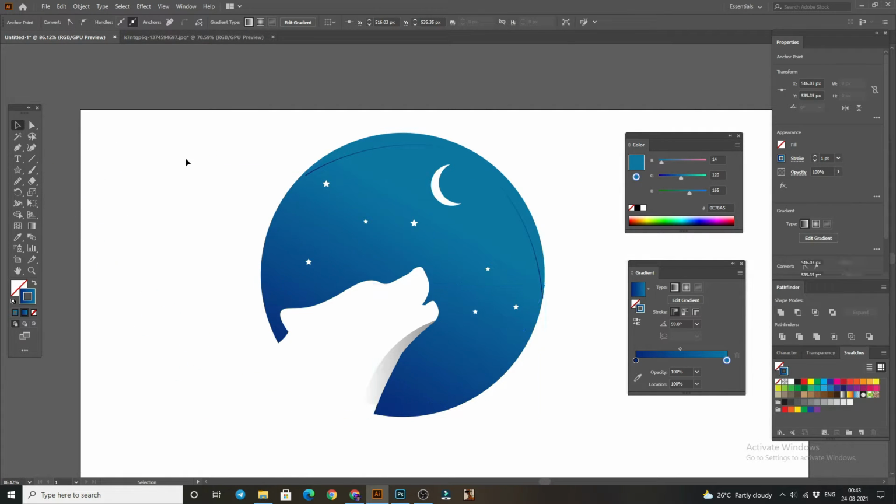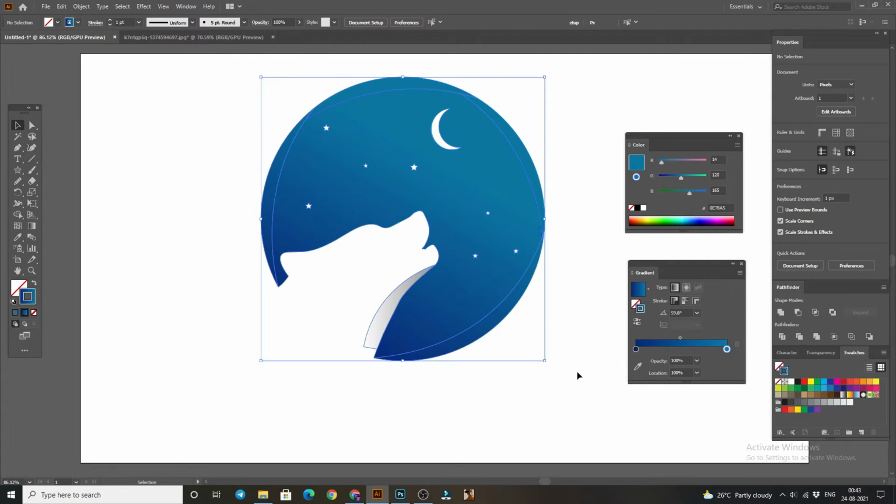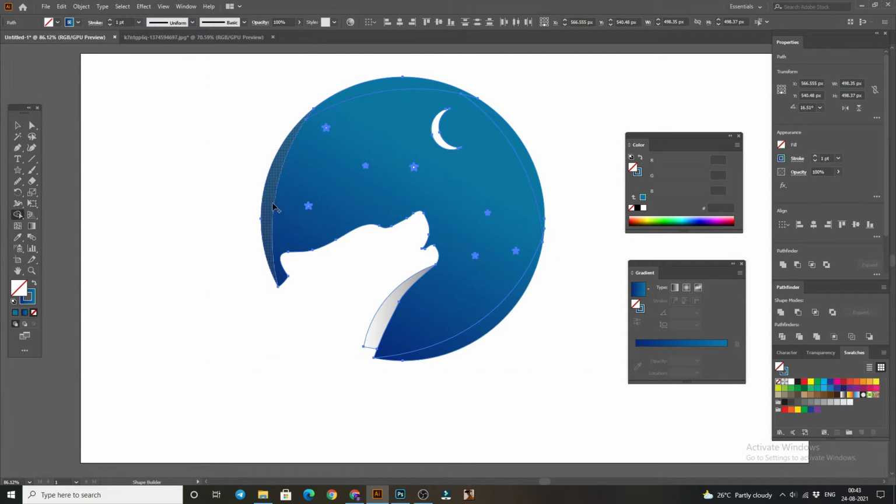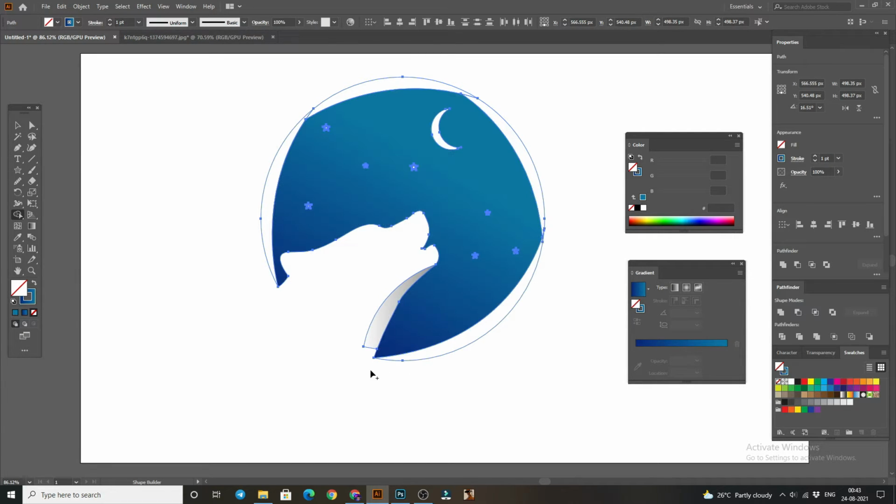So I think it is quite good. Now select the shape builder tool and make it a shape. So 1 shape, 2 shape, 3 and 4 shapes. So all our shapes are ready.